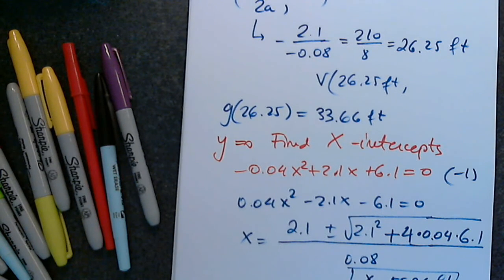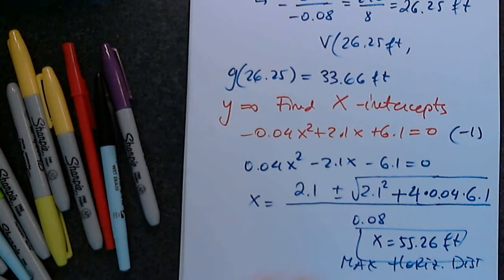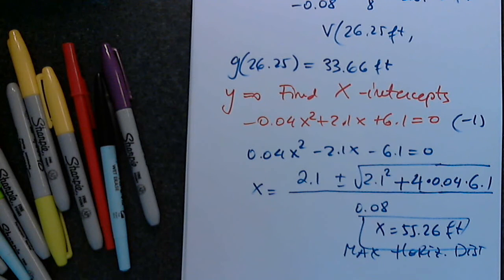Okay, now there is part C. From what height was the shot released? From what height was the shot released? What are we asked to determine now? The y-intercept